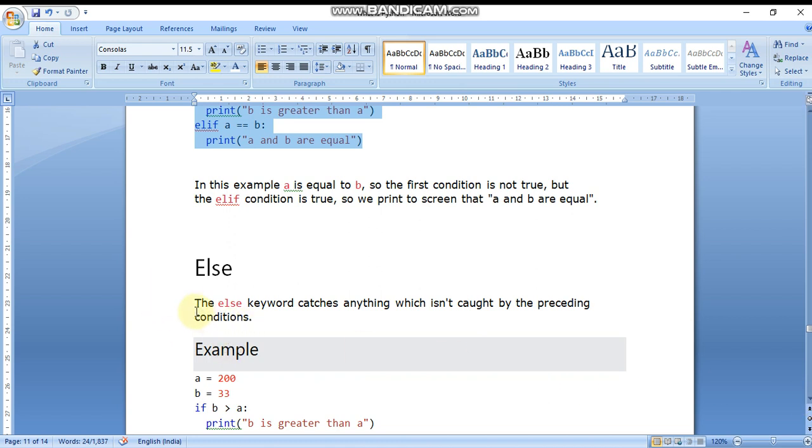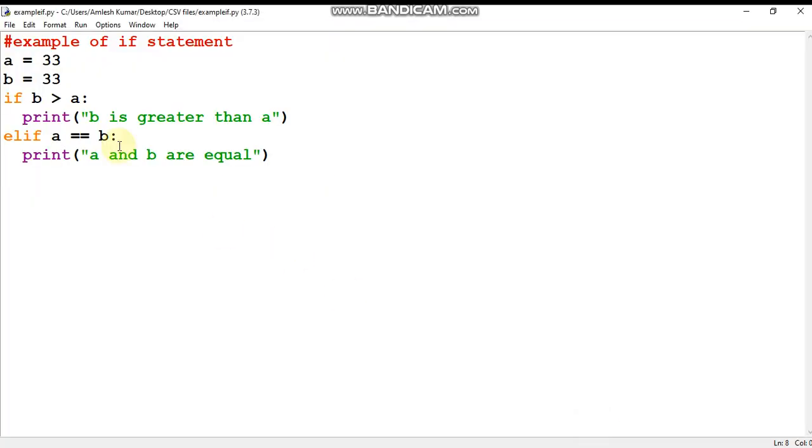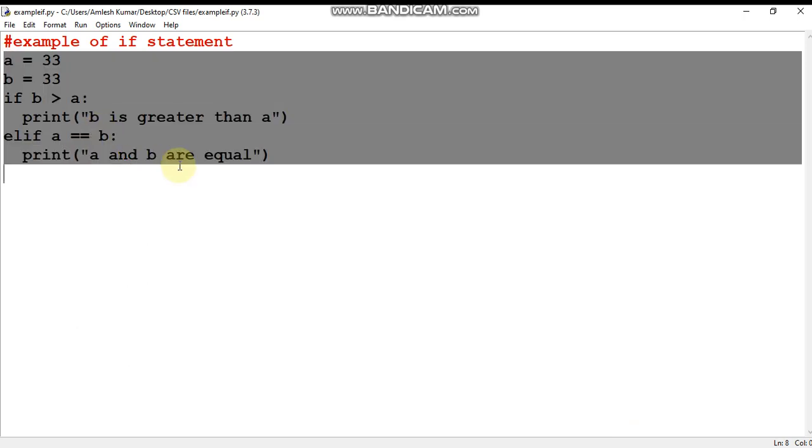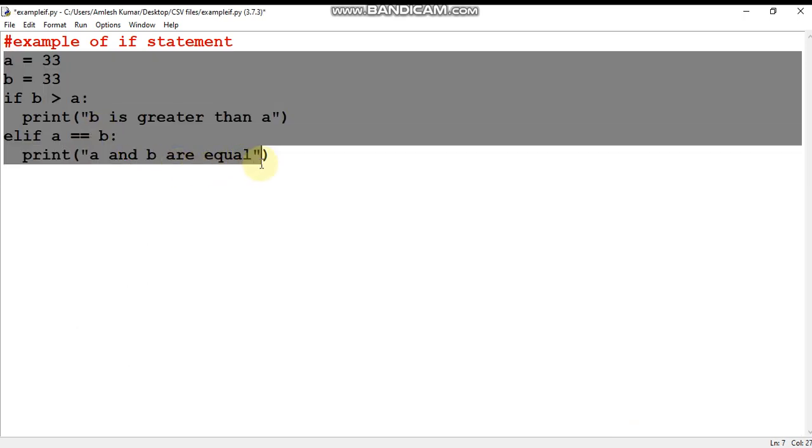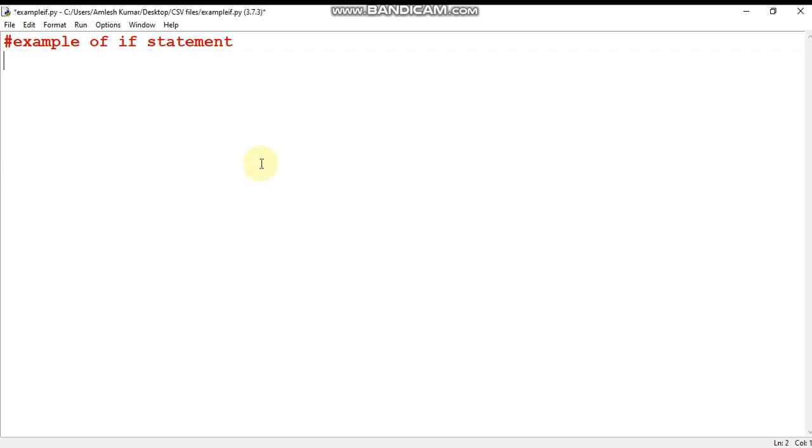So you can see here the else keyword catches anything which isn't caught by the preceding conditions. If the conditions are not fulfilled, are false, then in that case the else part will execute. So I'm going to show it practically. The same thing, I want to check whether the candidate is eligible for casting the vote or not. So I'm going to take one number, that is age equal to